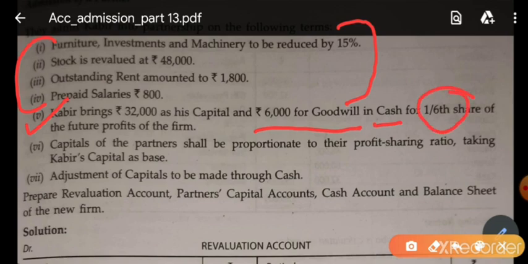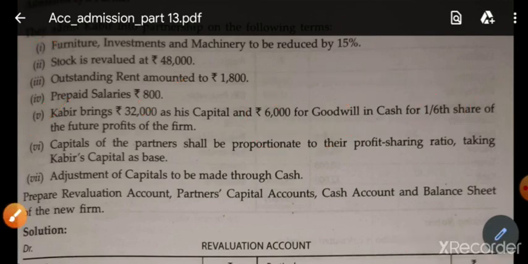So every piece of information is given. Kabir's capital is also given; the entry is bank debit to Kabir's capital account. Kabir's goodwill is also given; the entry is bank debit to premium for goodwill. Kabir's share of profit is also given, so we can easily calculate the new profit sharing ratio and sacrificing ratio. Earlier we discussed that in case the new ratio is not given, the old ratio is taken as the sacrificing ratio. Goodwill brought in by the new partner is distributed between sacrificing partners in the sacrificing ratio.